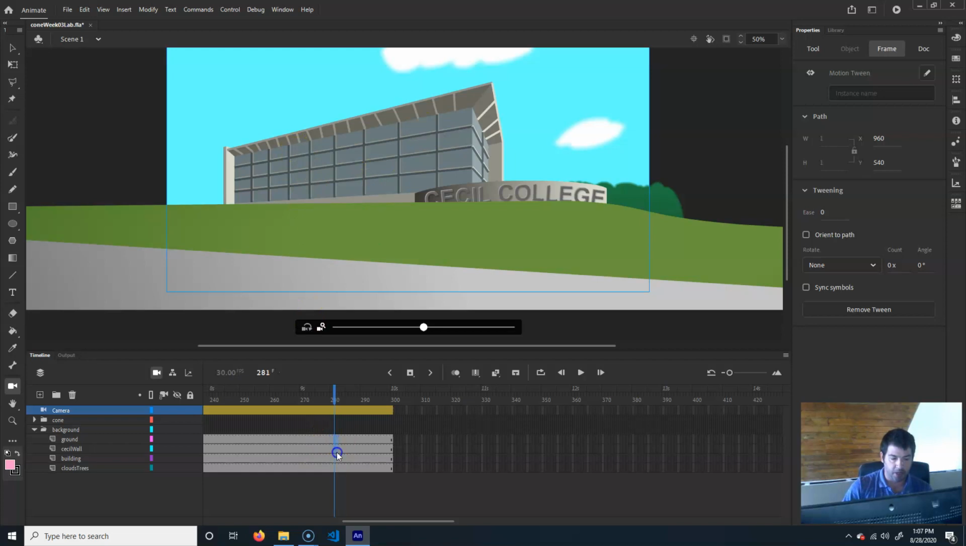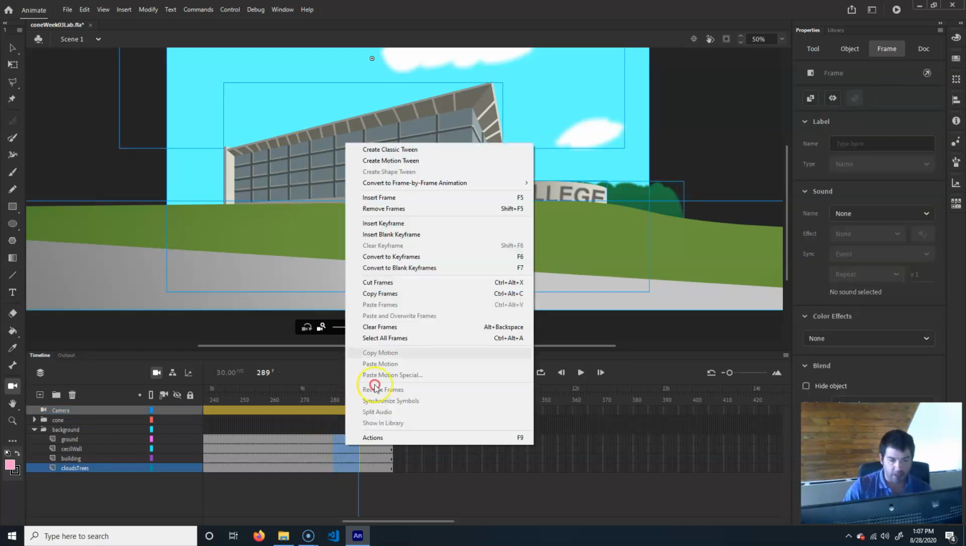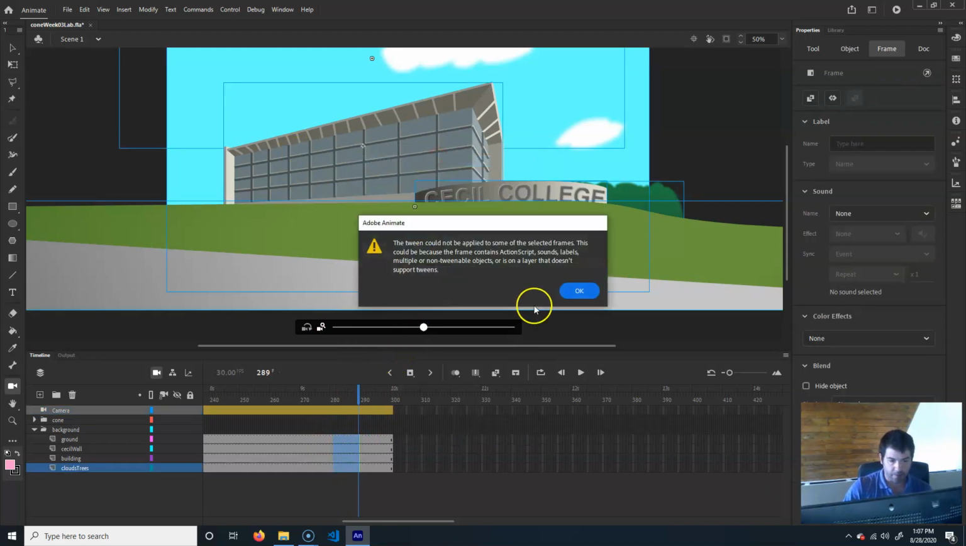And we're going to do the same thing here. So just click and drag across like that. Right click and just go Create Motion Tween. Apply to some of the selected frames because